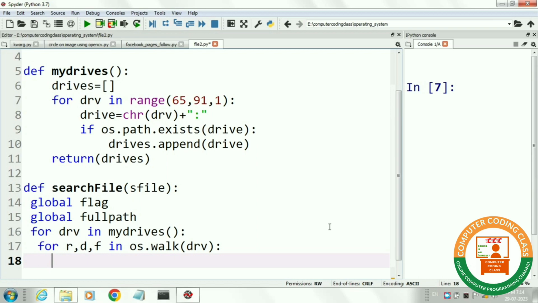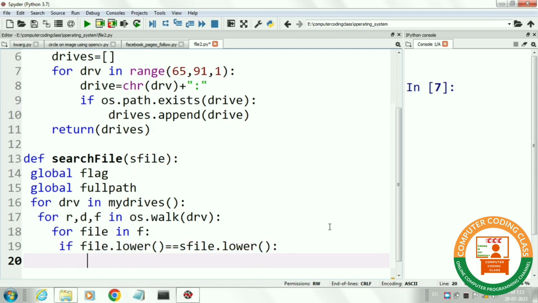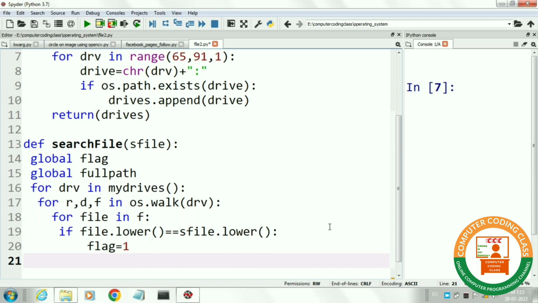Under this for loop, we will create a third nested for loop where we will read each file of the drive one by one. Under this for loop, we will compare our search file with every file of the computer system. If both the files are the same, then first we will set our binary flag to 1.